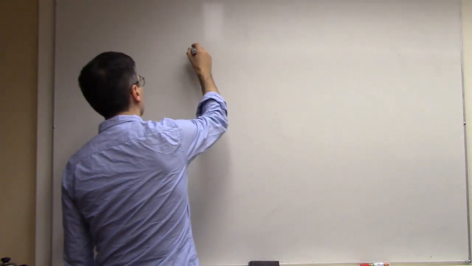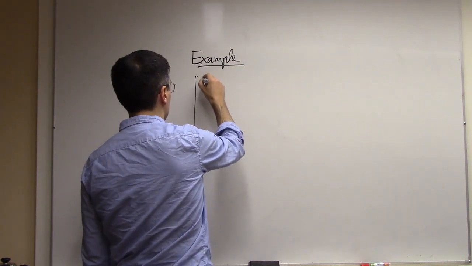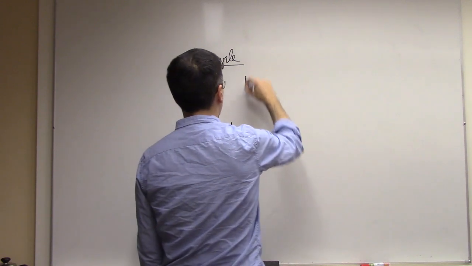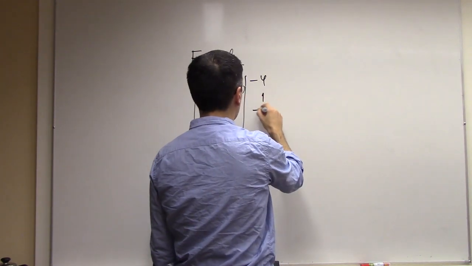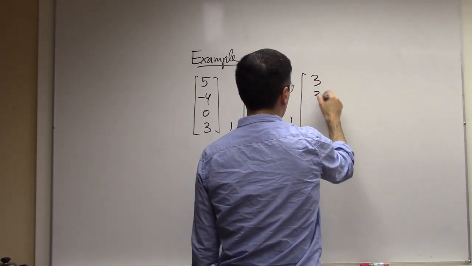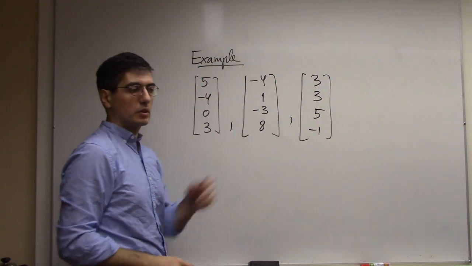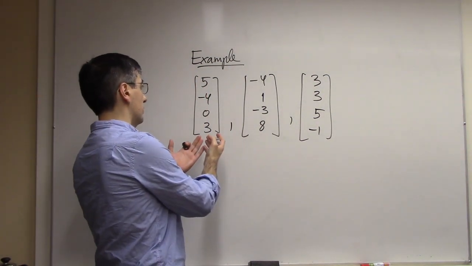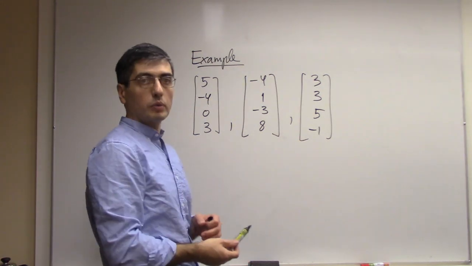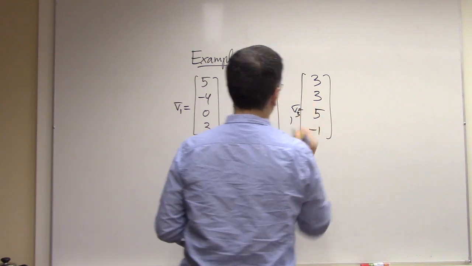Now, an example. Suppose we have three vectors: (5, -4, 0, 3), (-4, 1, -3, 8), and (3, 3, 5, -1). The question is to determine if this set is orthogonal or not. What you need to do is compute the inner product of the first vector with the other two, and then compute the inner product of the second vector with the third one. So if I denote these by v1, v2, and v3, then